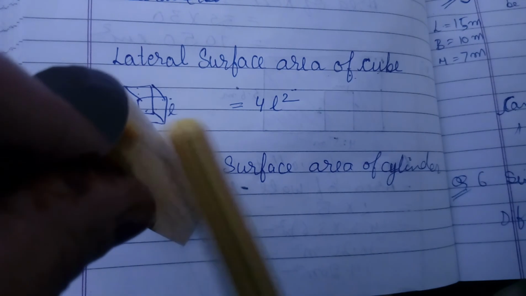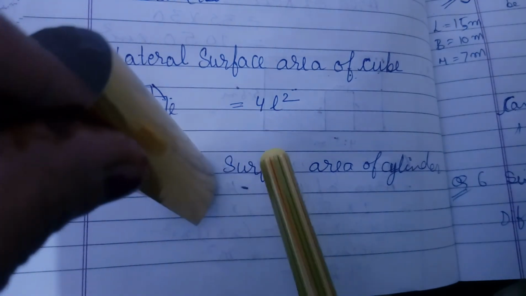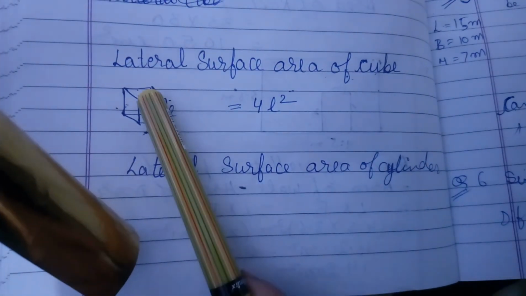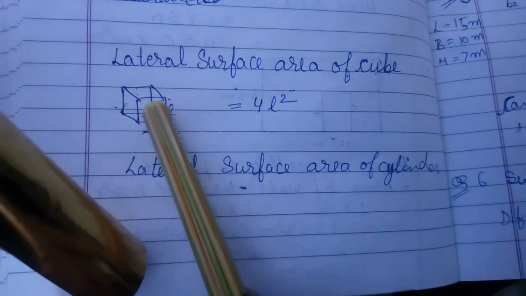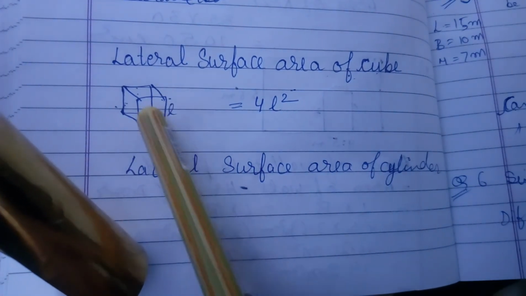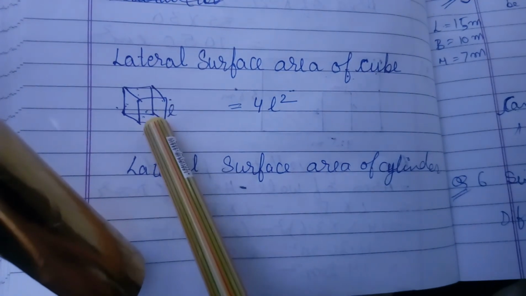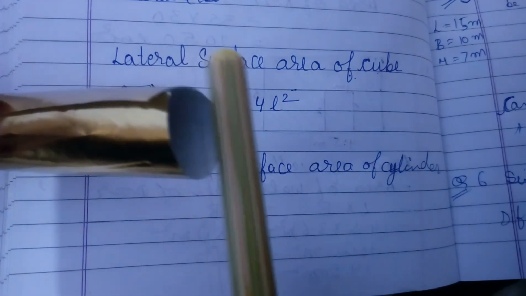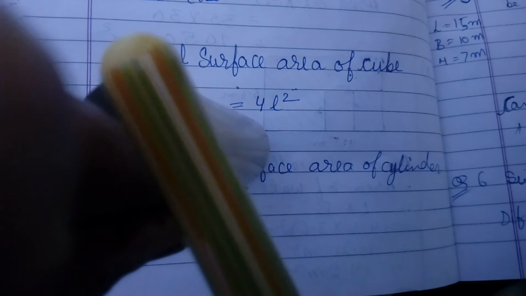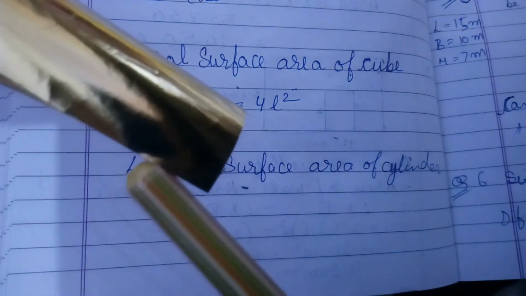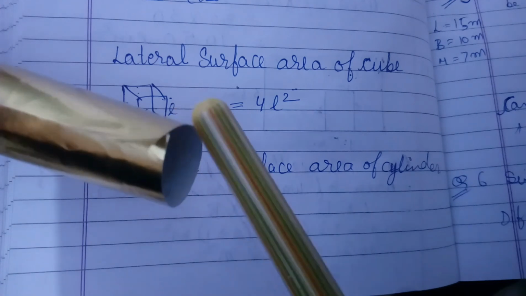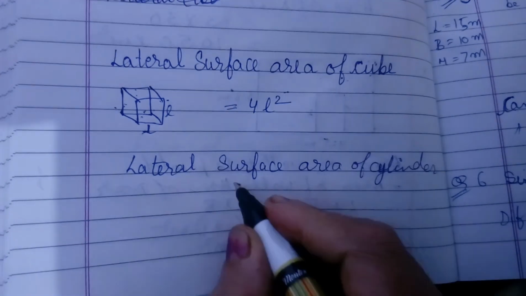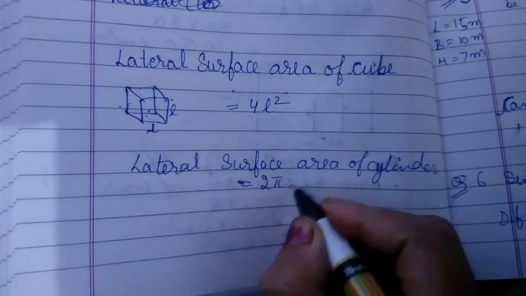And what is this? h. So when we have to find lateral surface area, we do not consider the top and bottom. Just like in the cube we left the top and bottom, so 4l square; 6l square was the total, the ceiling and bottom base we left out, so 4l square. Same is the case for a cylinder. When we exclude the area of the circles at the top and bottom, what is this area? This is 2 pi r, and what is this? Height. So what is the lateral surface area of a cylinder? You can say 2 pi r h.